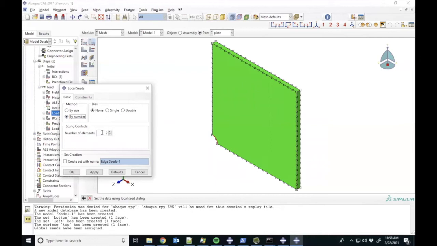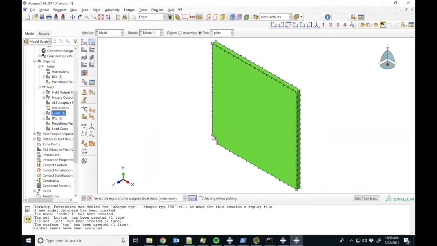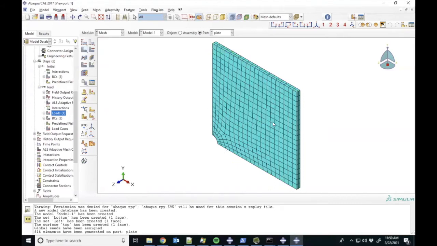A good rule of thumb is that 8 elements is good to resolve reasonably well a quarter of a circle. So we're going to just stick with that for now. And you can see we now have 8 elements along the circle. And then also a good practice for 3D finite element models is never to just use one element through the thickness of such thin structures like we're seeing here. So if we mesh this right now, we can actually do that. You can see we have this reasonable looking mesh, nice and uniform, with a reasonably well resolved quarter hole and 2 elements through the thickness. So actually I thought it was only going to make 1, but it looks like it's made 2 elements through the thickness for us. So that's good, and we're happy with this mesh, and we can move on to running